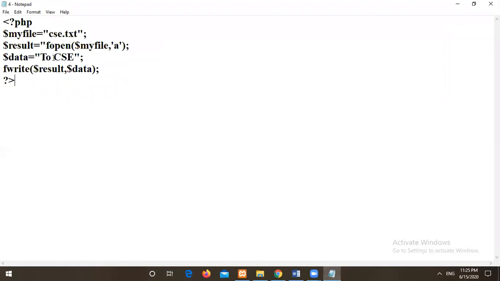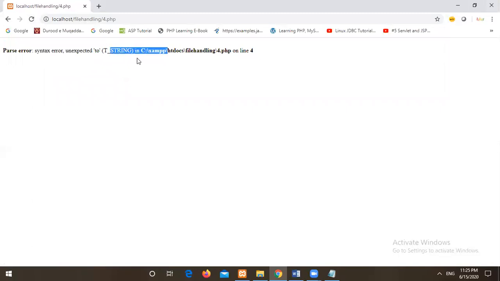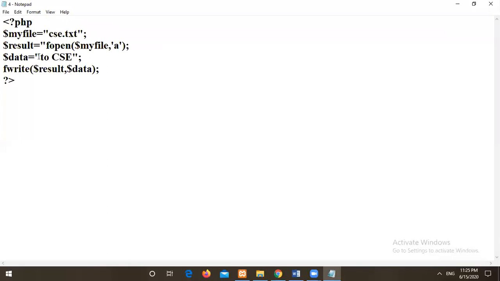So it is giving us some errors. See here, if you have some errors like this, it will show on the screen. So again I will go to this program. It is saying that 2, so it has some problem with this. Okay, 2. I will remove the capital letter. I will use small letters. I will save this. Again I will go to browser and refresh it. Still it is giving me an error, an unexpected 2. Okay, no problem. I will remove this. We'll just add CSC. Okay, then we'll save this program.